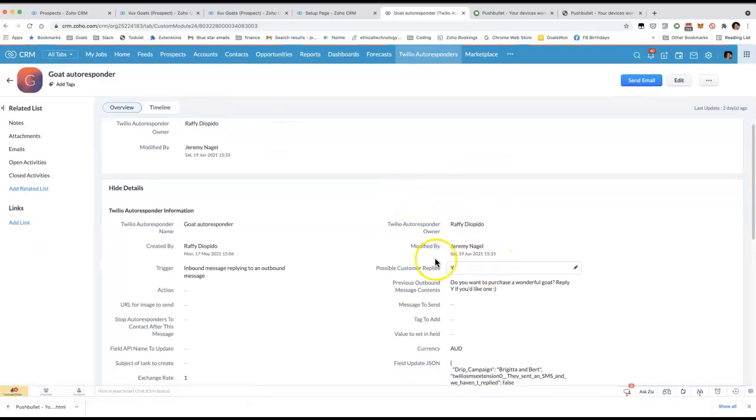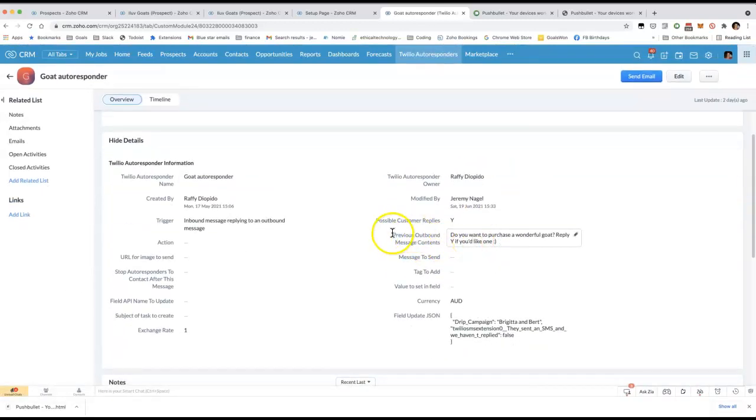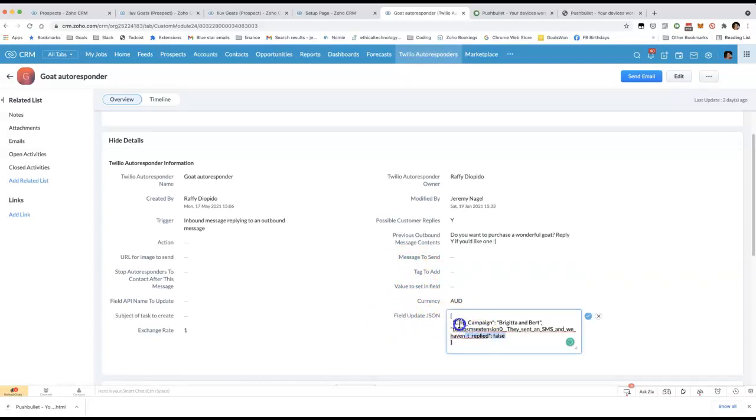We then have an autoresponder. The autoresponder is set up based on a reply to this outbound message. If the person replies with Y, then the action that we take is we update the lead. And here, this gets slightly technical, but in the future I'm going to have a nice user interface for autoresponders. But for now, what we're doing is we are updating a field called Drip campaign,